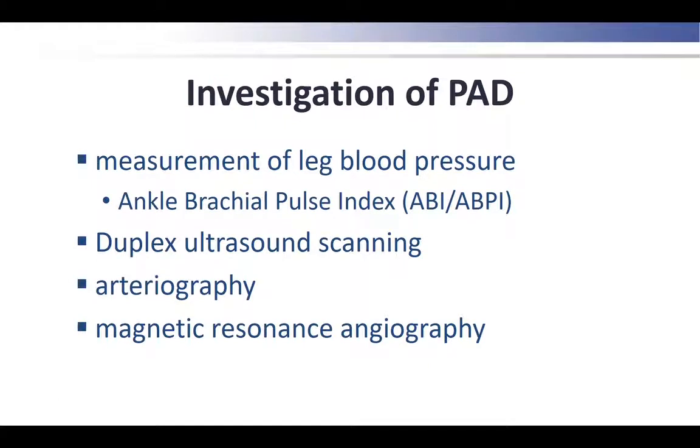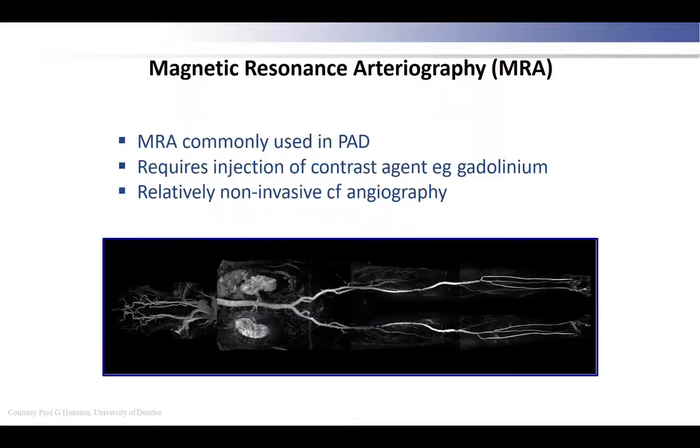So how do we investigate peripheral arterial disease? Well, the best diagnostic tool we have is the ankle brachial pressure index. And like you in cardiology, we use duplex, arteriography and MRA. And in fact, the pictures now for MRA are so good, carotid, renal, aortic, right down to the foot, that we very, very rarely do angiography, even pre-surgery. Our duplex scans and MRA are so good.